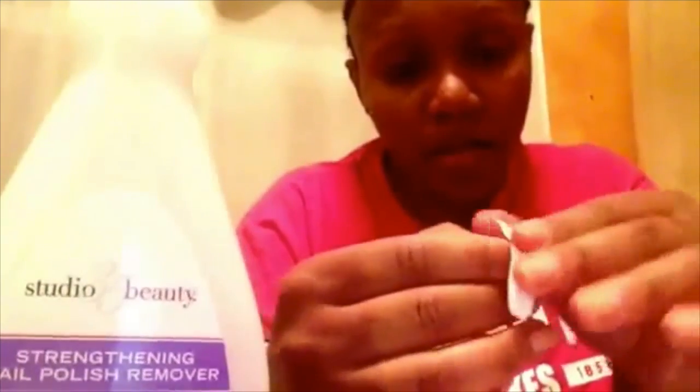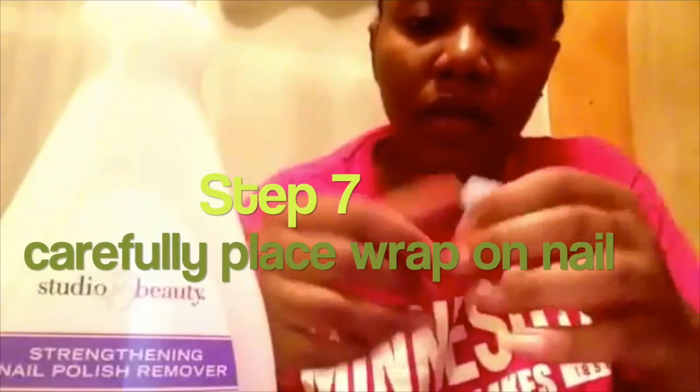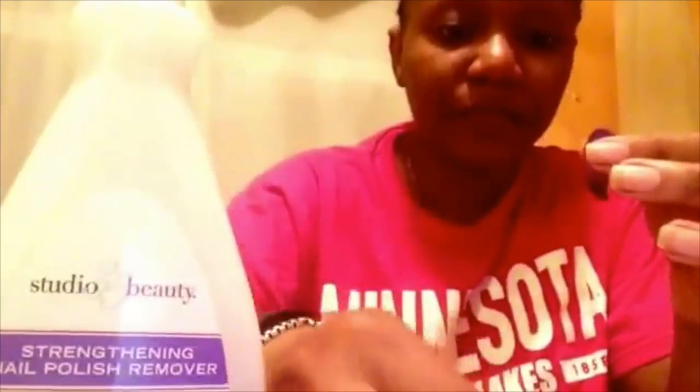You take the film off like that and take off the back. And for the little ones, you've got to take this bottom part off no matter what they say. Well, stuck on my finger. And put it on your nail. Make sure to pay close attention to how you're doing it. So make sure you get to the edges, and it's a sticker, so if you put it down gently, you'll be able to